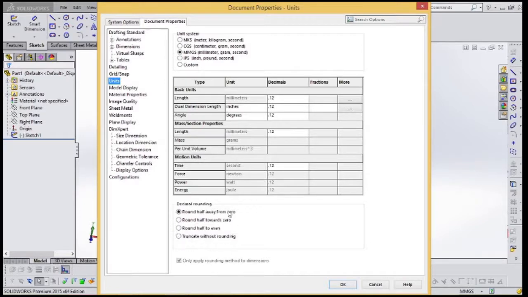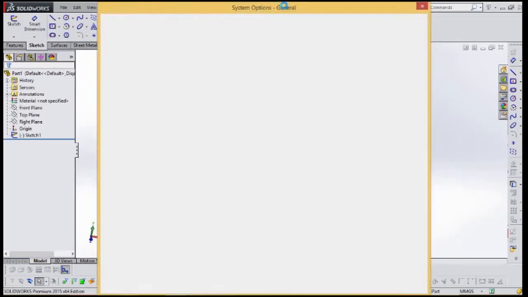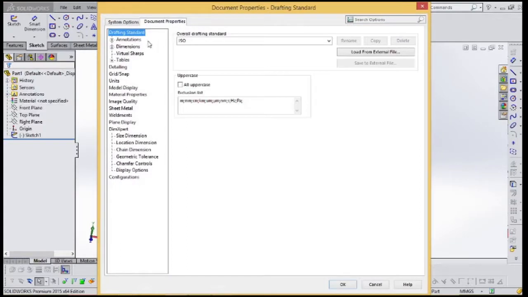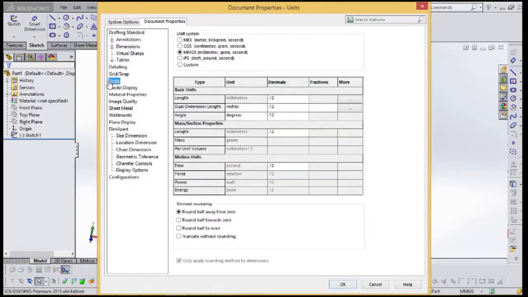Everything is available in this. I will show you once again: settings, document properties, units, just three steps. Then click OK. For now I am not changing anything.